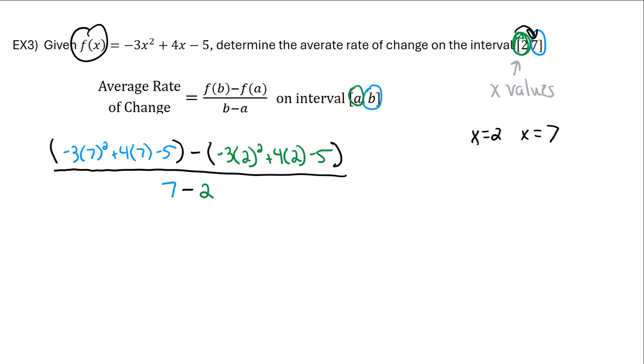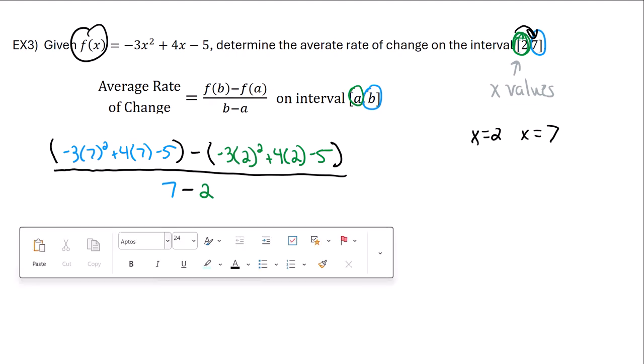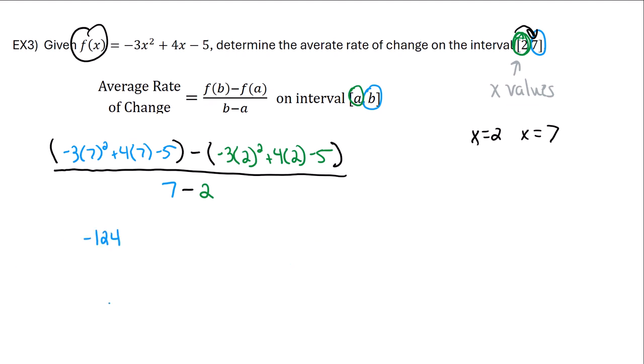So I would break it up into chunks. I'm going to take the blue part right here, and I'm going to throw that into a calculator, and if you do it correctly, we should be left with a negative 124. Whoops. And then I'm going to subtract. I'm going to take everything in green here, put that in the calculator,